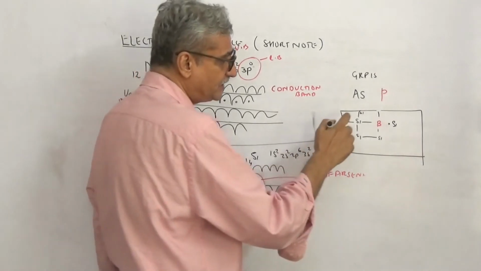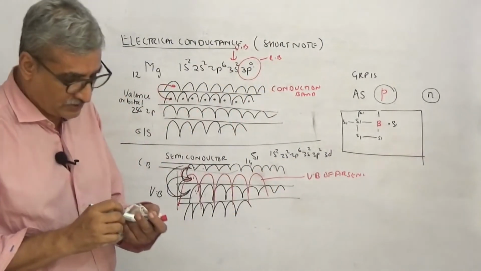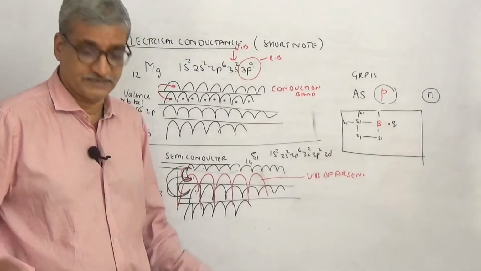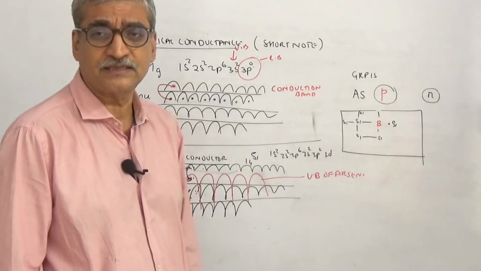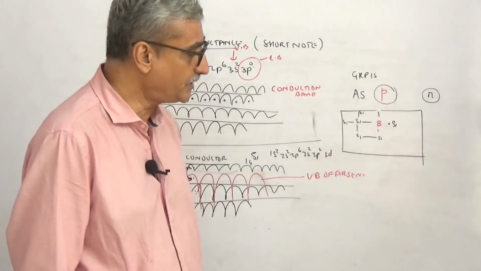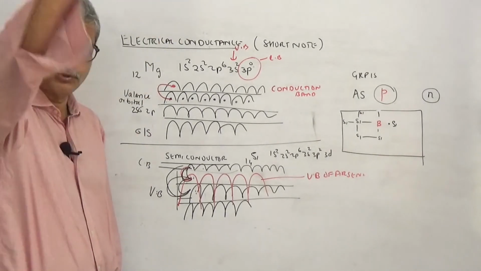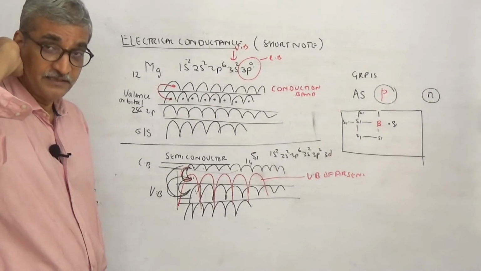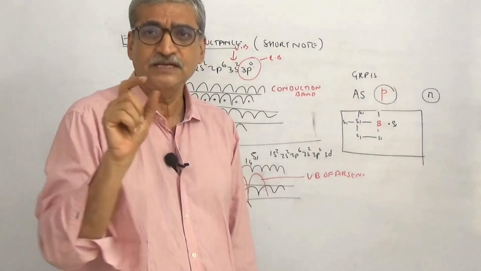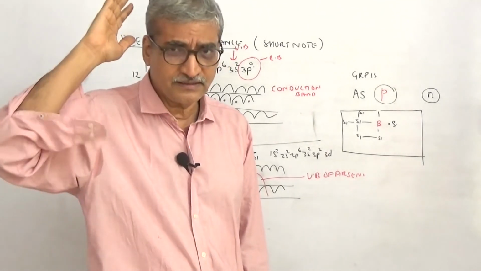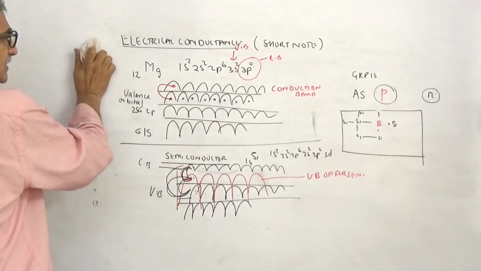So this type of conductor will now be called an n-type conductor. I am not discussing this in great detail because you are going to have, in your physics, in the modern physics electronics part, a huge topic on n-type and p-type conductors. And how you join NPN and PNP types of semiconductors, and how we make a diode, all that, an advanced version of this, you are going to learn. Is this clear? So this was about electrical conductivity.